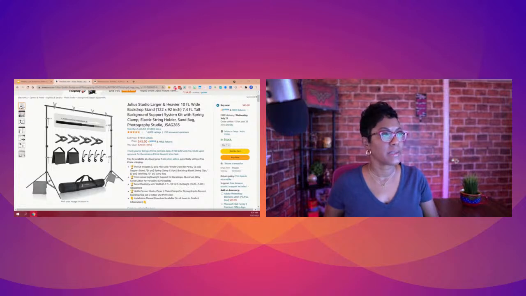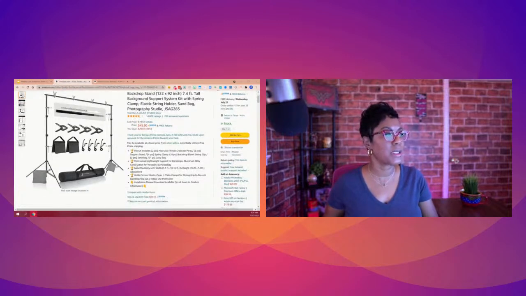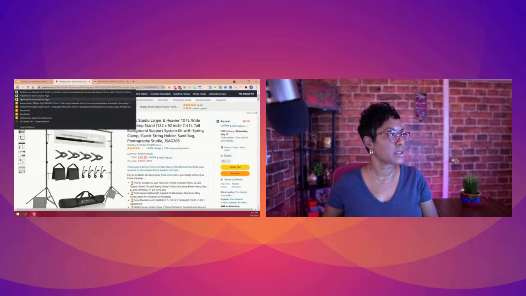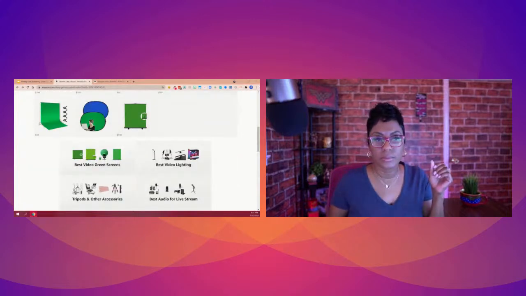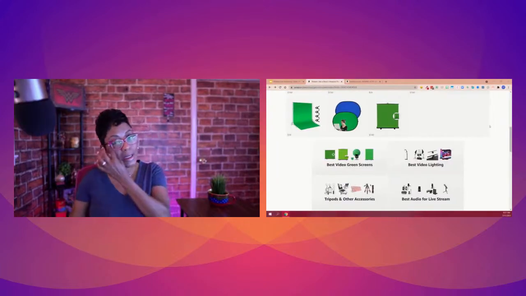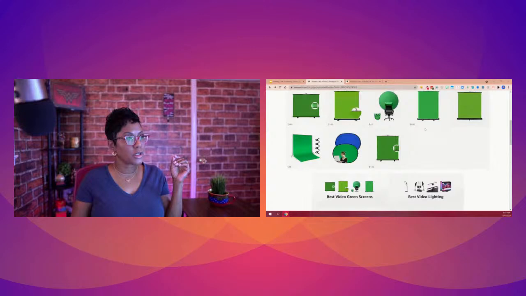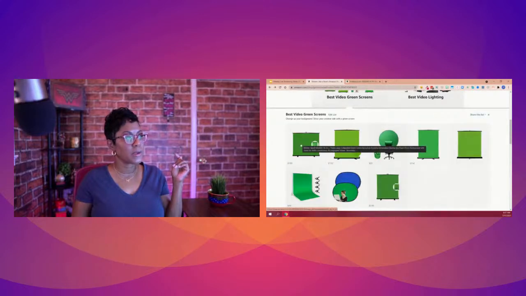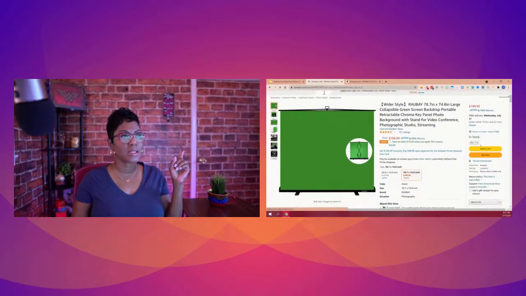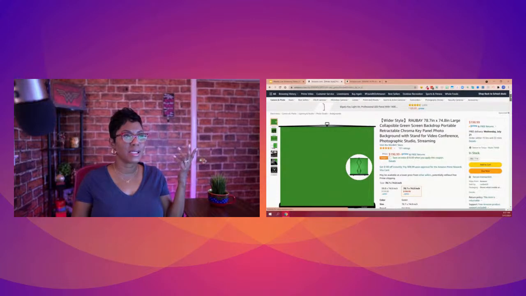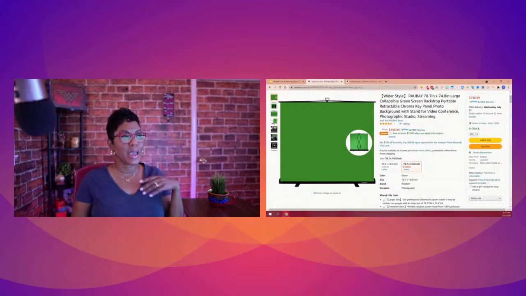This is my favorite, probably the most expensive, but it is my favorite option, and it's the kind that I have. So let me backtrack a little bit here. The kind that I have, let me see if I can move myself because I look like I'm looking at a wall. I don't want to do that to you. Okay, so the kind that I have is this version right here. Let me pull it up under my green screens. It's this one, but I actually have an Elgato. The brand that I have is Elgato because they used to have the Elgatos available and I haven't seen one recently. Okay. And I do not have the largest one, but I'm recommending this one